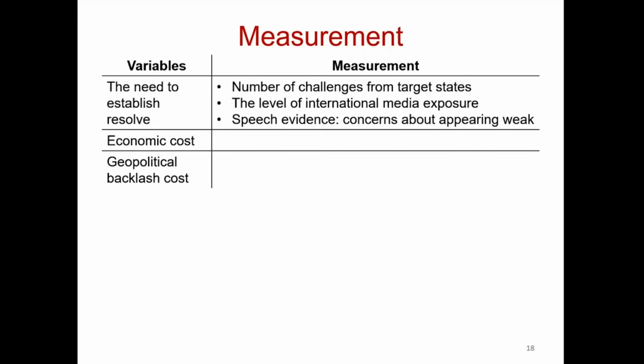So in the book, I adopted a binary encoding scheme that is treating them as either high or low, although it's acknowledged that in reality, things would be a lot more complicated. But for theoretical simplicity, I do keep the binary encoding, but the empirical chapters do reflect a little bit more nuance. So let's get to the need to establish resolve first. And I use both objective indicators as well as primary speech evidence or primary Chinese language sources to cross-check and triangulate. And there are two kinds of objective indicators.